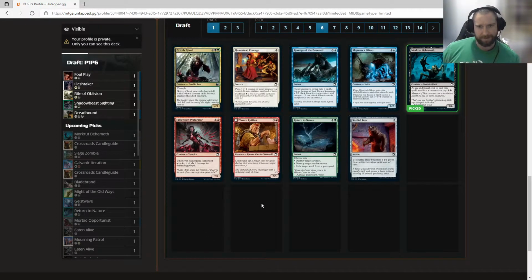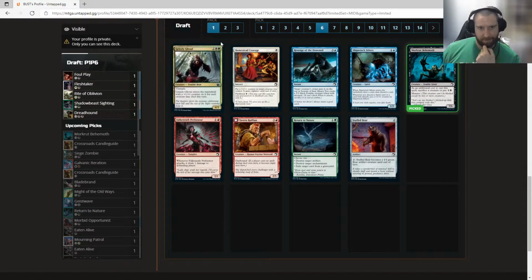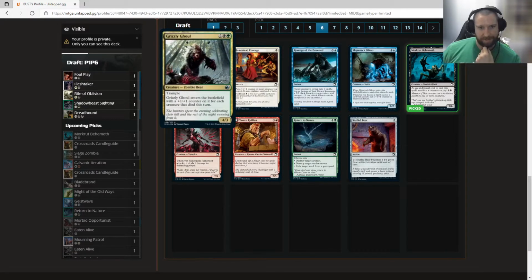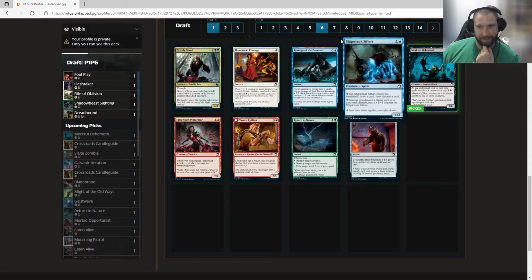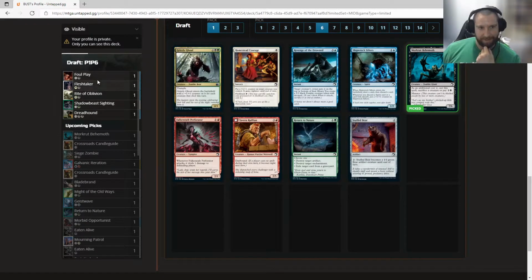And then here's where things, we could still just be completely mono black at this point with the Moraket Behemoth. The Grizzly Ghoul is fine, but it's not to the power level of Rite of Oblivion to where it makes me want to jump into green. But we did already have the Shadow Beast Sighting. So if we hadn't taken these Flesh Takers, again, if we'd ended up in this thing to where we took the